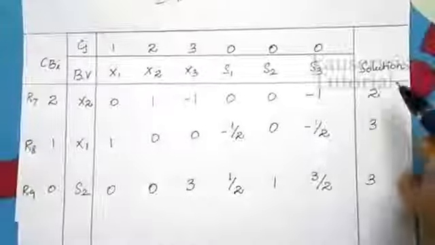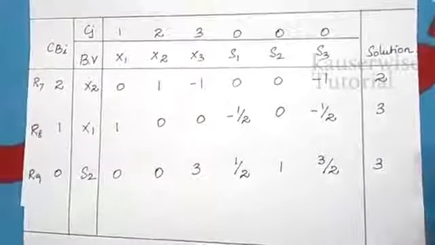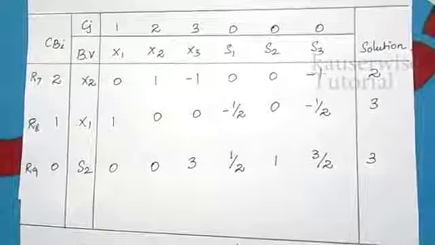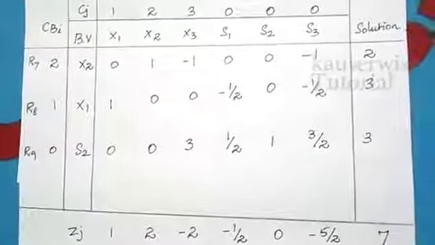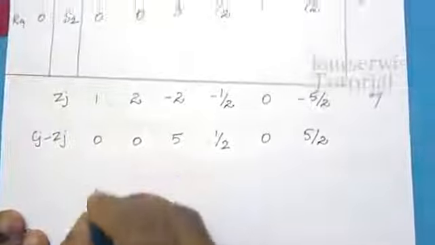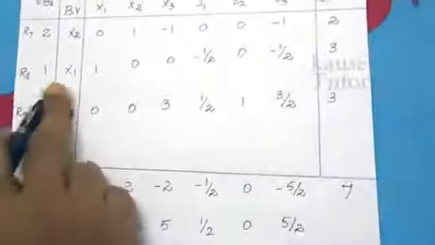Now look at the solution column for feasibility. See, in the solution column also, we have got all positive values. So we have to stop the procedure because here we have reached the optimality as well as feasibility. So this solution will be the optimal and feasible solution. Now write the x1, x2 and x3 value. X1 value is, see the solution column, 3. X2 value is 2. So x3 value is not there.